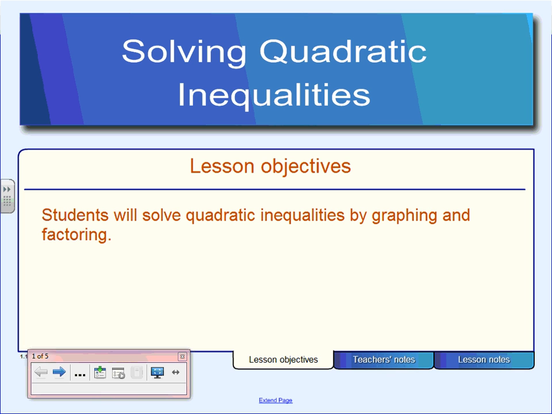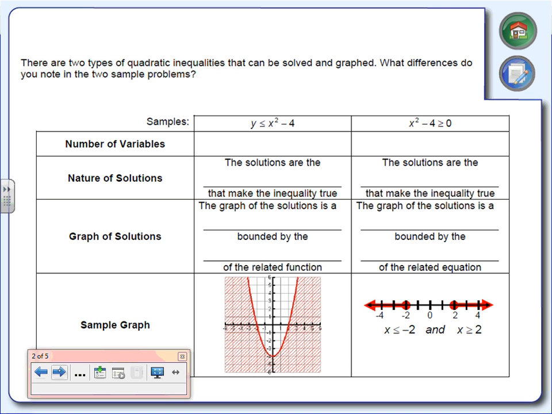Today we're going to be looking at solving quadratic inequalities. So, how are we going to do that? We're going to use graphing and factoring methods. So it's not going to be totally new. We're going to go back and refer to some of the things that we talked about last week on solving quadratic equations. Now, if you take a look at your notes there, you'll notice up at the top they